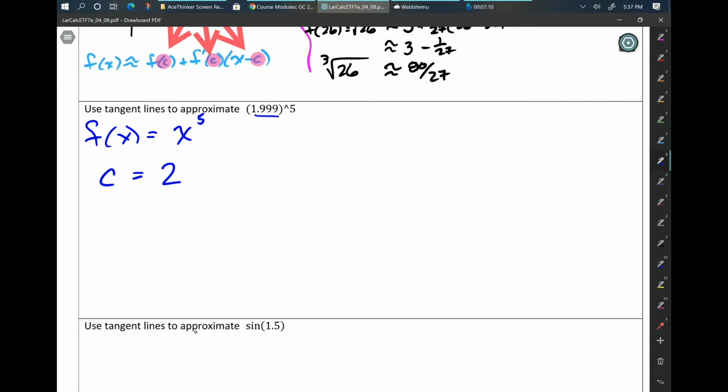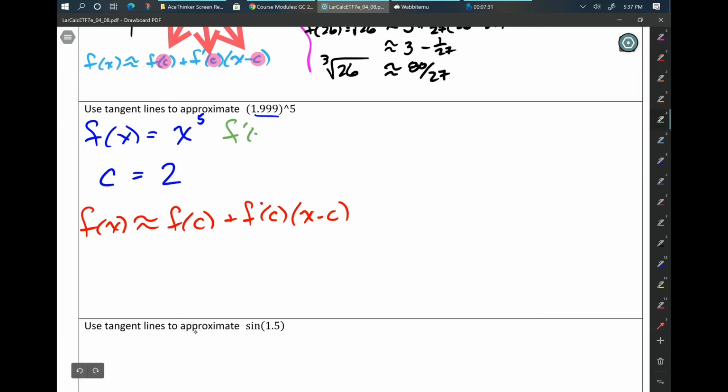Now, tangent line approximations say that f of x can always be approximated by f of c plus f prime of c times x minus c. Now, I know f of x, I know c, I don't know f prime, so I'm going to go ahead and figure that one out real quick. f prime of x is 5x to the 4th. Okay? And so now I can say that